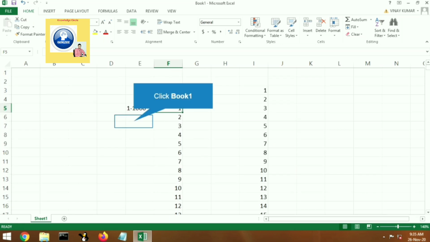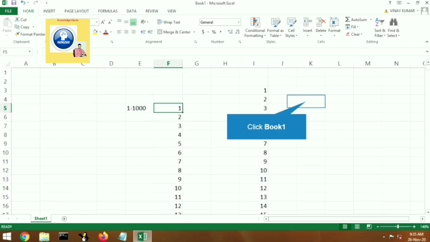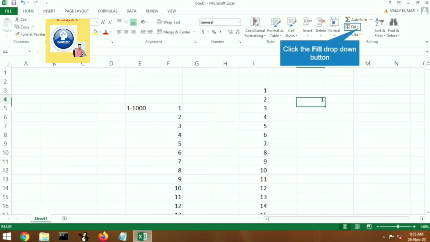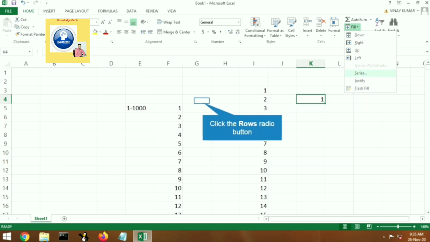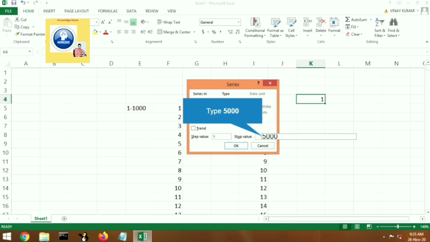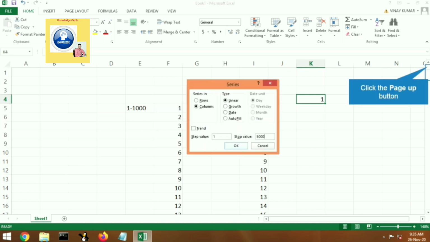So with the help of this fill feature, you can create a list very easily. Let's create a list of 1 to 5000. For that, we will just write the first value, then go to Fill. In Fill, go to Series, select the Column option, write the step value 1, stop value 5000, then click OK. What you find